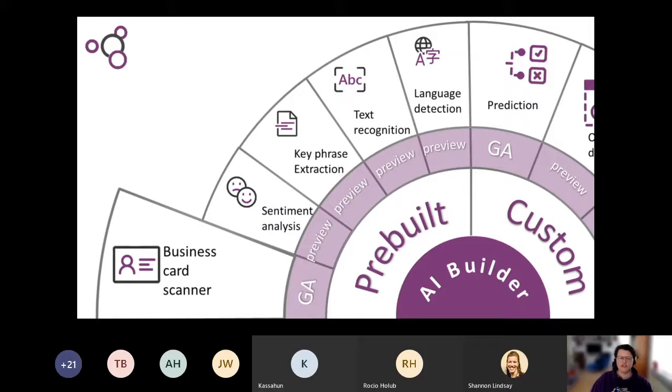So what it does is you scan something that has an address on it, or some information, a name, and stuff like that, and then it takes the information out and labels it so you can store it in your system.